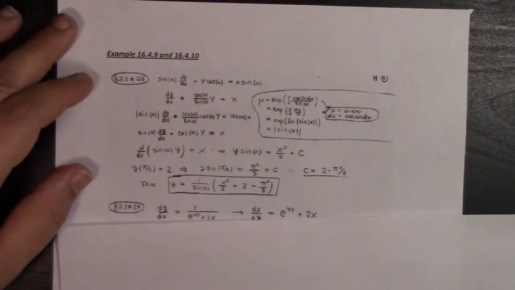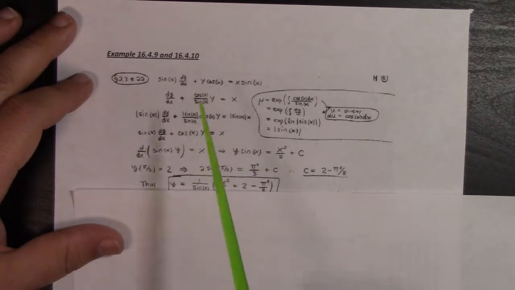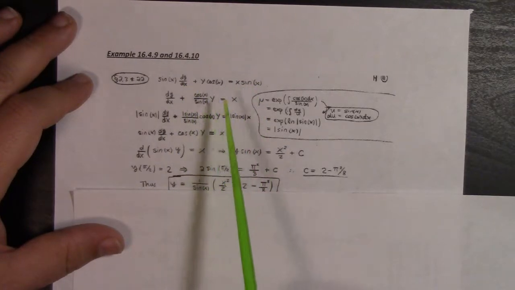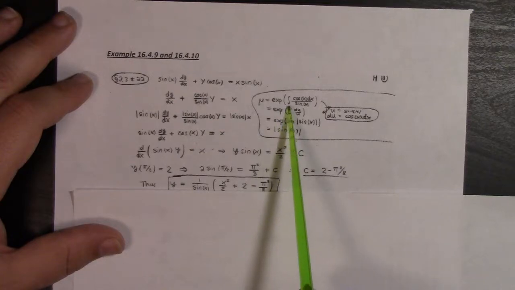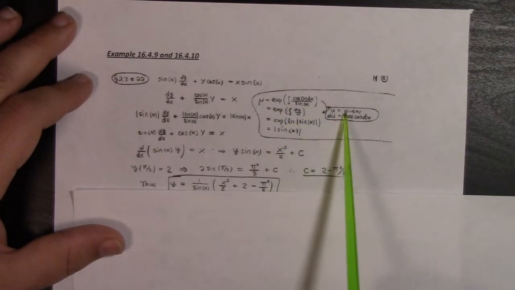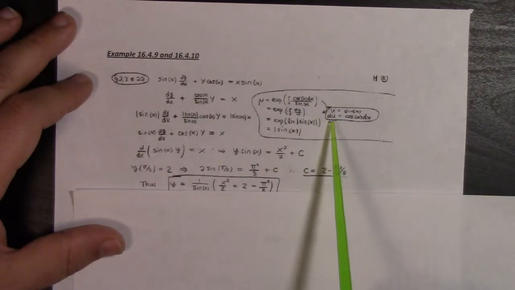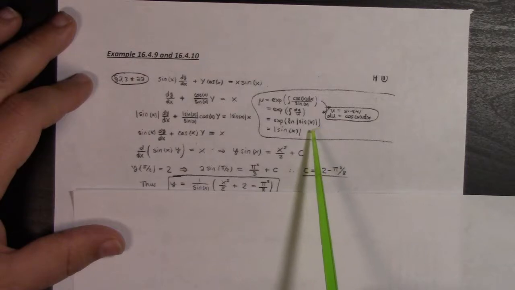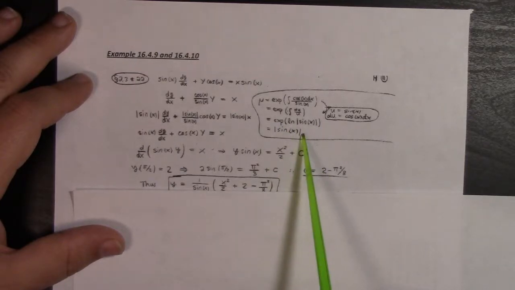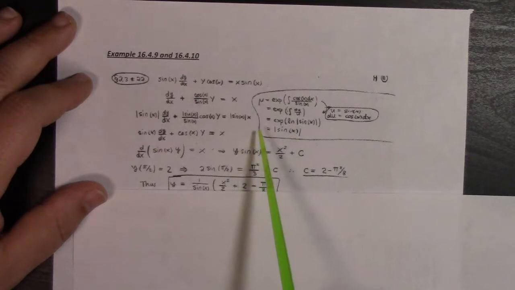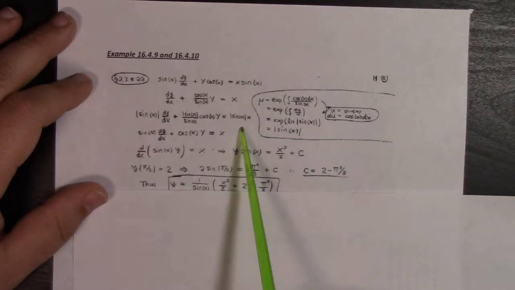This one actually came with an initial condition, so let's talk about it. So first of all, I put it in standard form by dividing by sine x. Mu ends up being the exponential of the integral of cosine over sine. We make a u equals sine substitution, which gives us the exponential of the natural log of the absolute value of sine x. And so then that gives us absolute value sine x. So if we assume that sine x is positive,